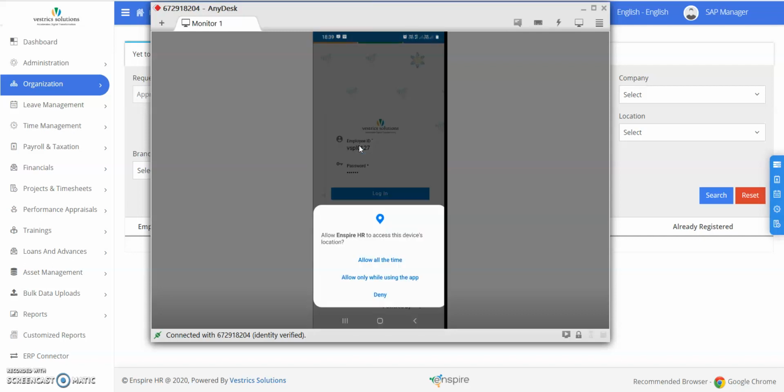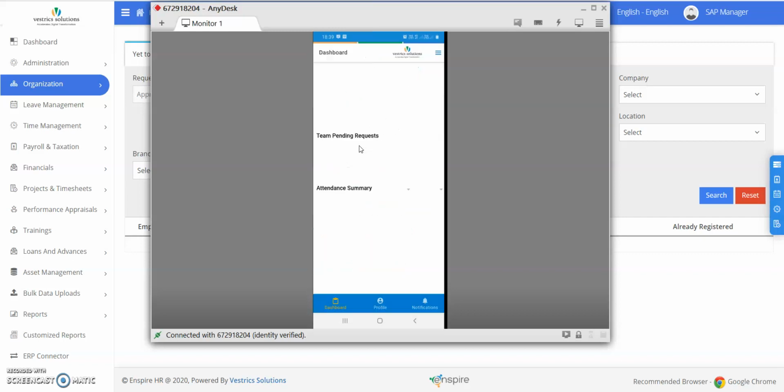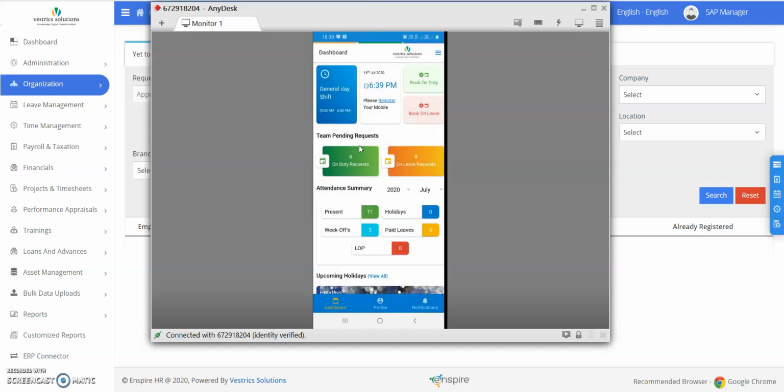Inspire HR will ask the employee to allow the location, allow all the time. So you can see this device is not registered here.